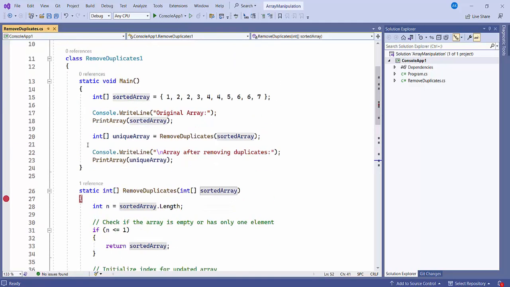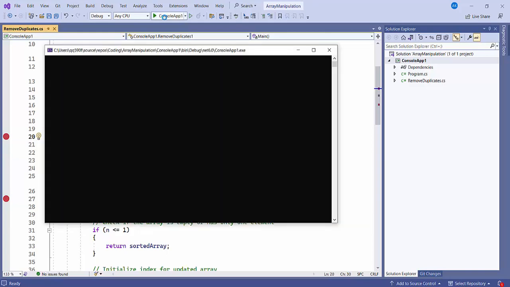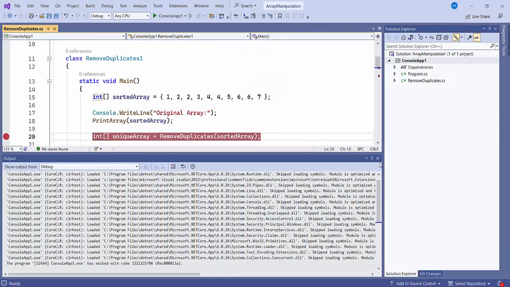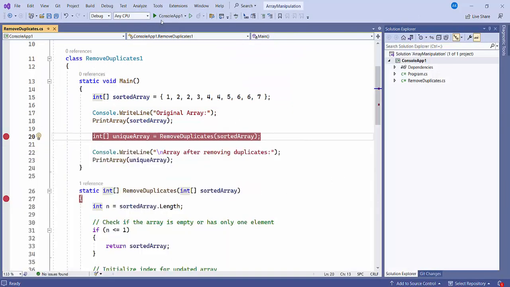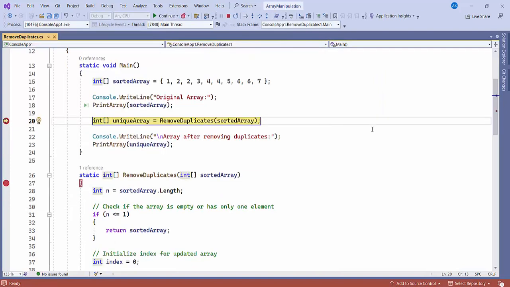Okay. And after that, I'm just printing the value. So it will give me the unique array, and after that I'll print the value. So let's debug the code and we'll see that. I'll put one breakpoint here. Yeah, so I'll go to the